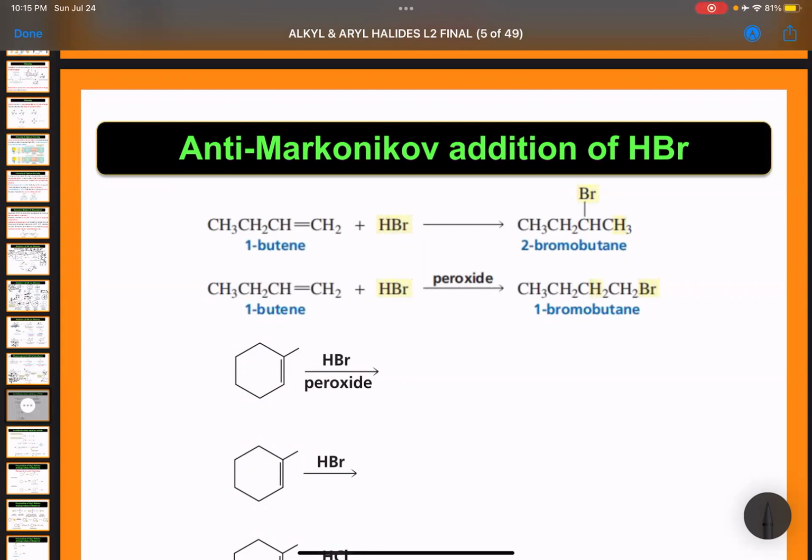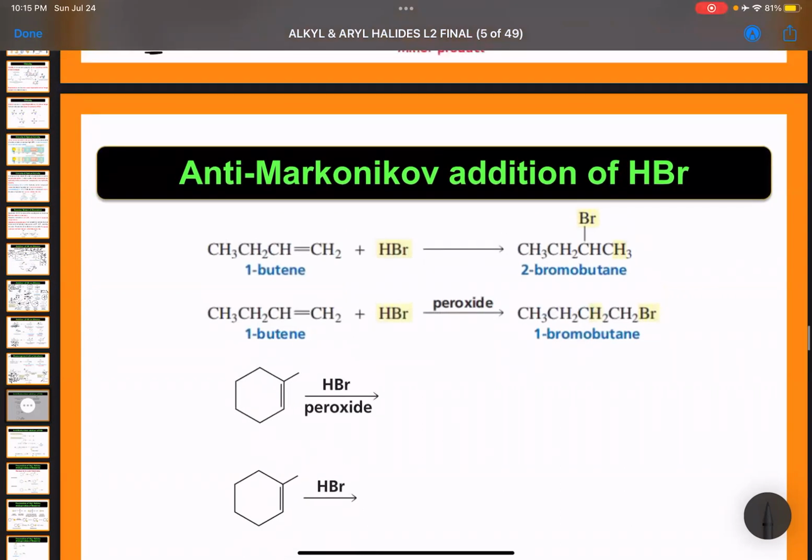It is also known by another name. Can you tell me what is the other name for this type of addition? Okay, peroxide effect and Kharasch effect. Yeah, peroxide effect and Kharasch effect. Why is it known as the peroxide effect? It is known as the peroxide effect because HBr